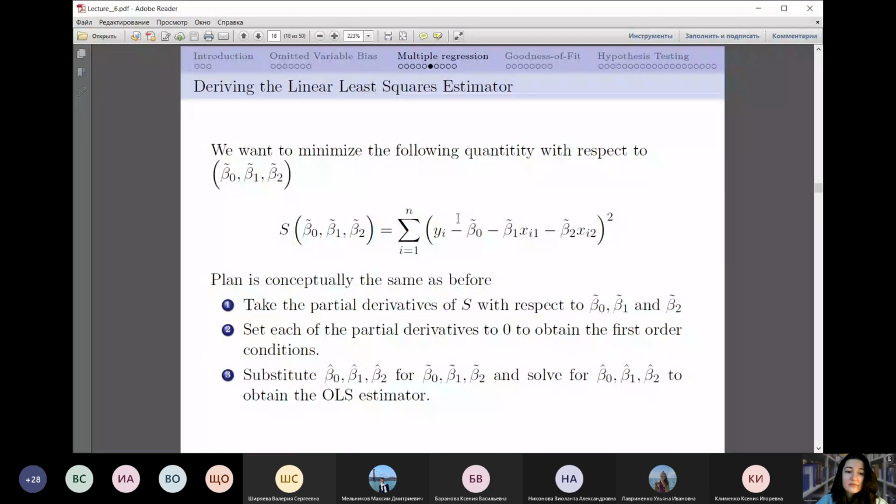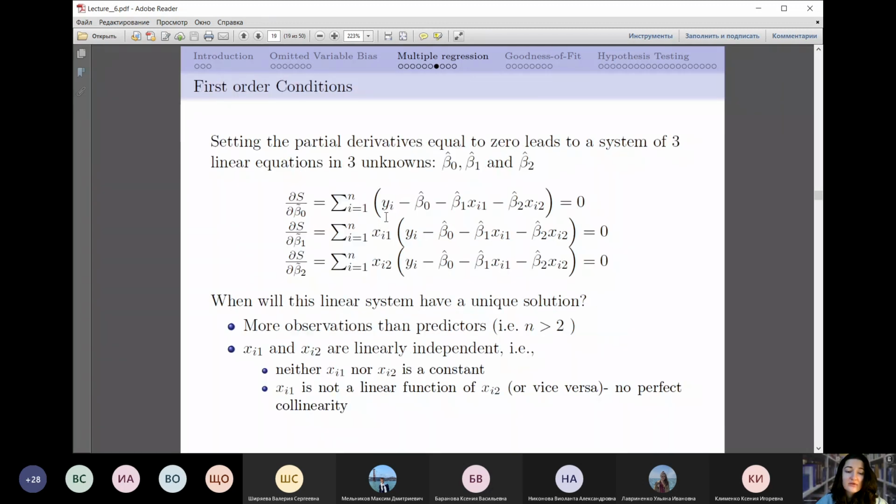How can you do this? You need to find the partial derivatives. Let's take a look here. You need to find the partial derivatives and then set each partial derivative to 0 to obtain the first order condition. In our case,